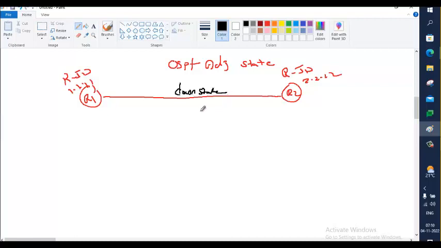OSPF is in down state, meaning you might have finished configuring OSPF here, but not on the other side. So it is in down state. Or both the interfaces are shut down, it's in a down state. So when you say no shutdown,